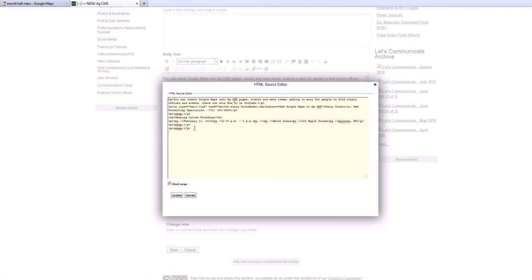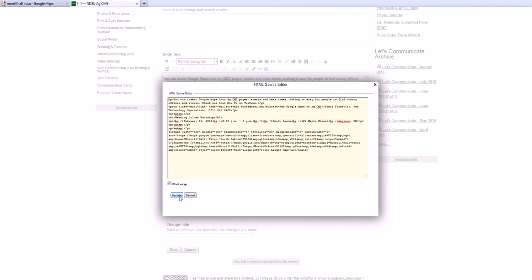Remember, we had copied the code over from Google Maps. We used the Control key. Now I'm going to use Control V. That's Control V as in Victor, and that's going to paste that code right in there. So thank goodness we didn't have to type all that in. I'm going to click Update,